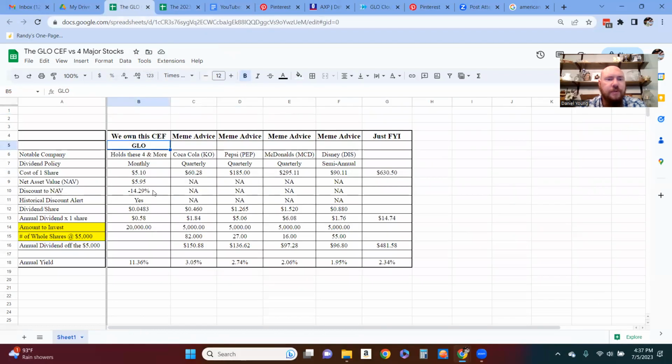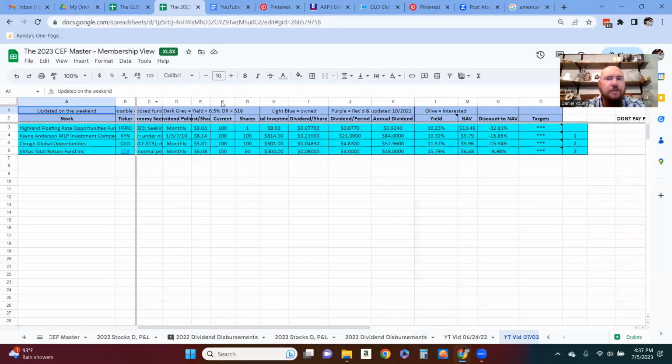So historically, we can look at the overall discount of the fund, and GLO has a pattern. It goes up and down. So based on your strategy, you can buy it low and sell it high. You can dollar cost average when it's low. Really kind of up to you and what you want to do. Historically, it's above its average discount, and based on the last 5 years, it's above.